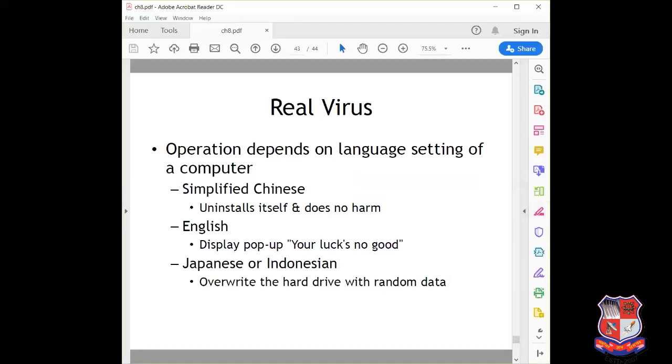Here one example of a real virus is given.